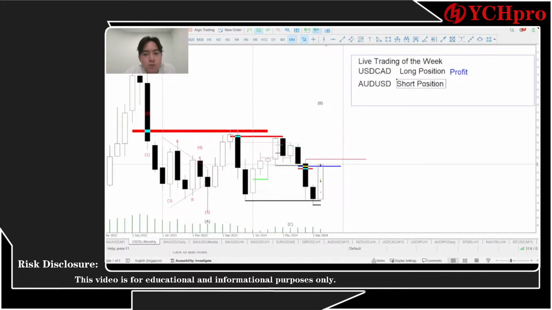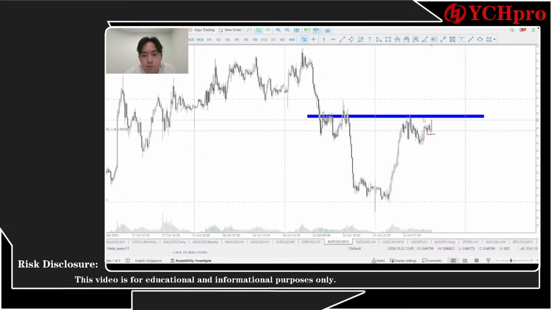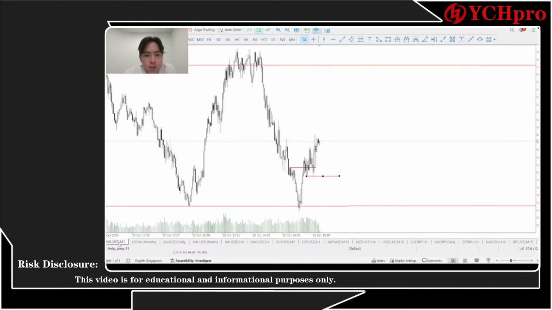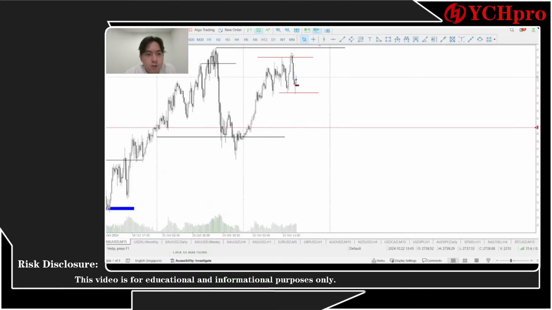Right now, we are in short positions on AUD, and we might take a loss. Let's see if the price really breaks through this area, then I might be closing out, losing 8 pips. But the bull market, I think, should be fine. The gold market might be going higher. As I already mentioned, the price has been consolidating, so it should be going back to this area. I was waiting for the price to go even lower, reaching through this low, and then the price might be going higher. But let's see how it turns out.